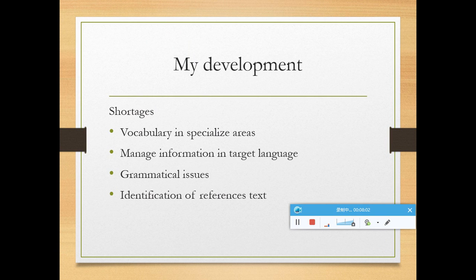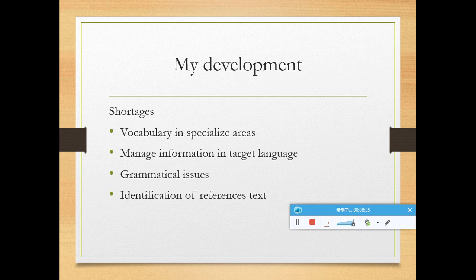So now I'm talking about my development over this year. At the beginning, I had a lot of problems with vocabulary due to my major before. I could not choose the most suitable word for the target text. And sometimes maybe I just changed the meaning of the source text.